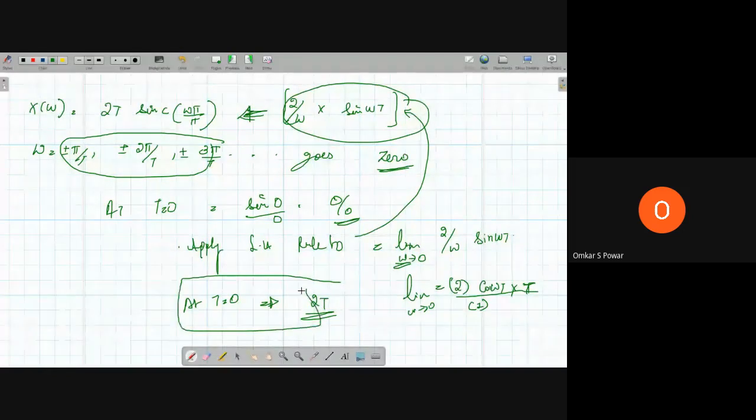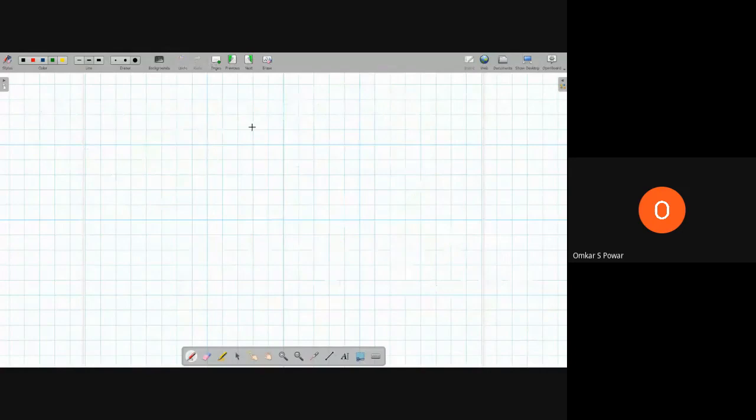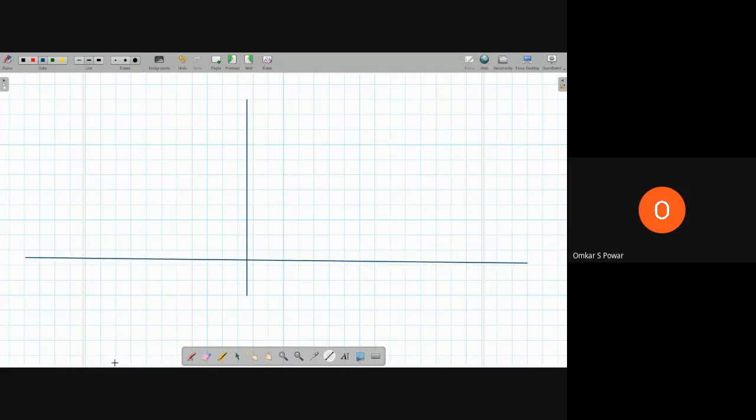Okay. So you can just plot the function, but to make you understand how you get the value at omega equal to 0 and other values, I have written this. You can directly go and draw the function. So let me draw the function for you. How does it look? Your sinc function will be, one minute, let me draw it neatly. Okay, this is your y-axis, this is your x-axis. This is your X of omega, and this is your omega.